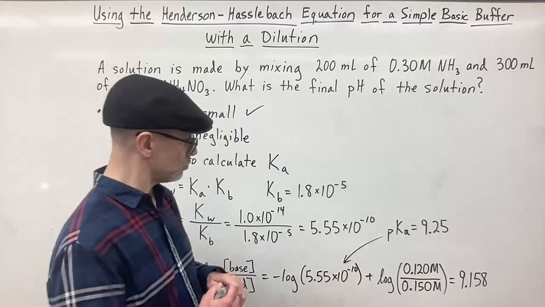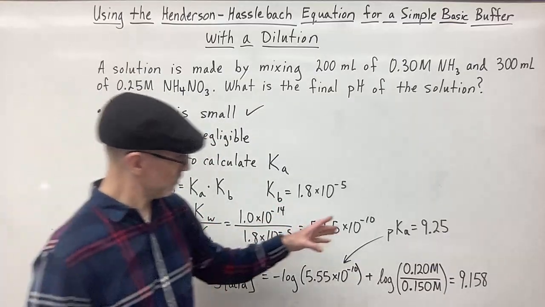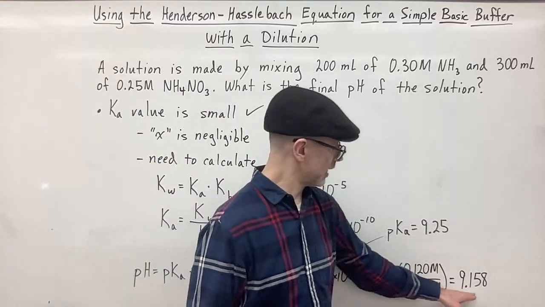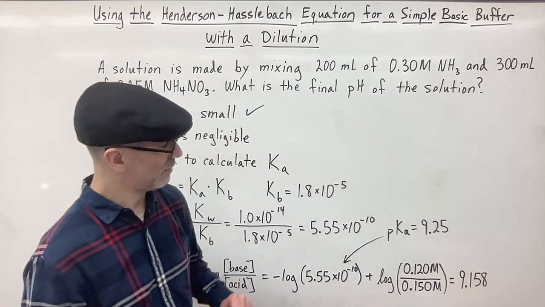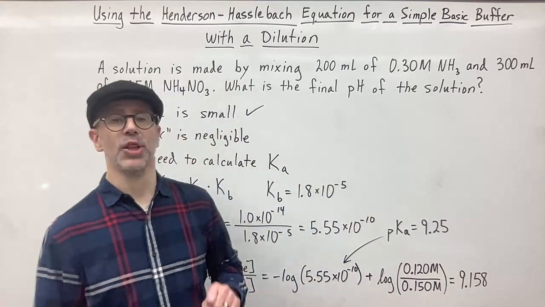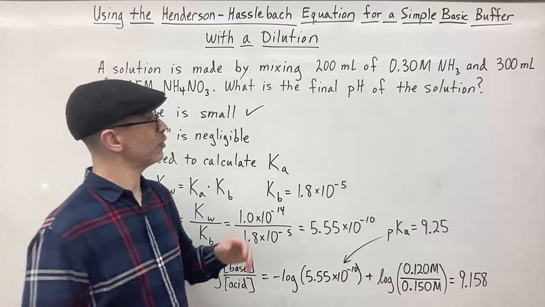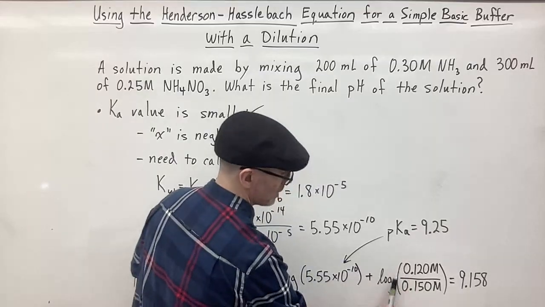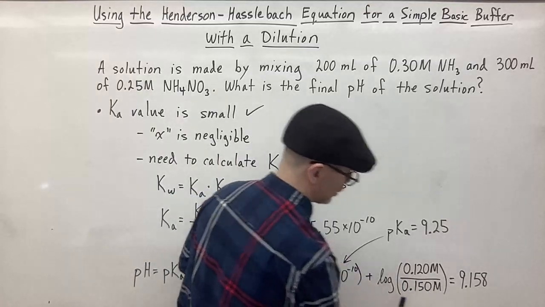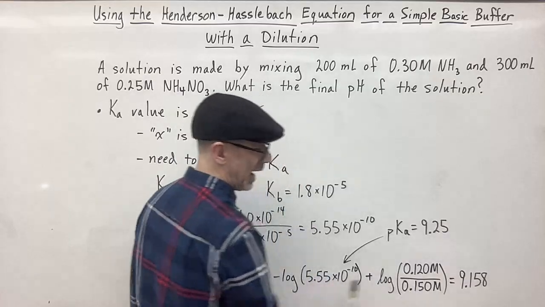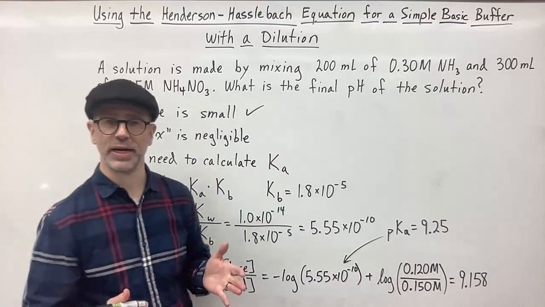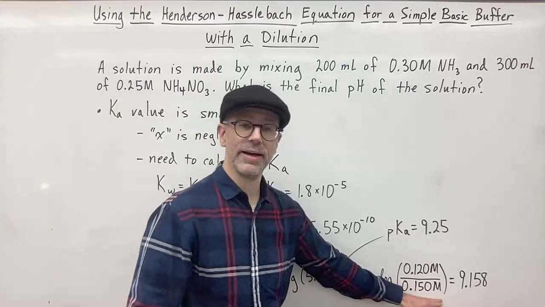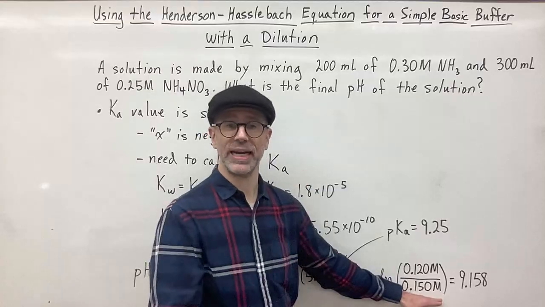value. And so I want to point out that the pKa is 9.25, but the pH we calculated is 9.158, which is lower than the pKa. The reason for that is because if you look at the ratio here, this is the concentration of the base, this is the concentration of the acid, the conjugate acid, ammonium. You'll see that the acid is more concentrated than the base. We have more acid in solution, so therefore it's going to affect the pH by bringing it down compared to